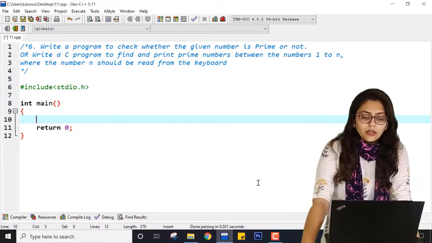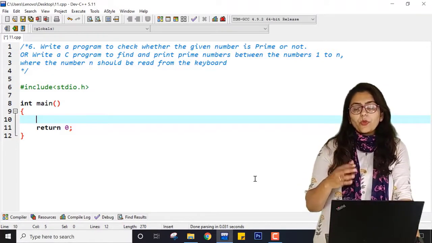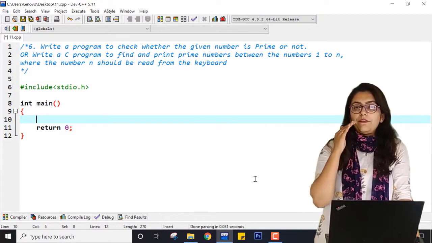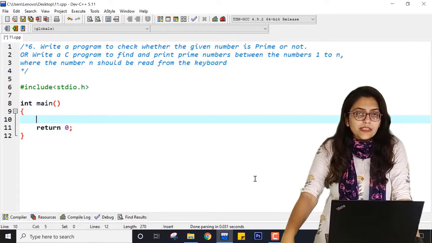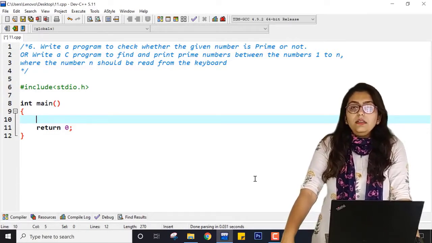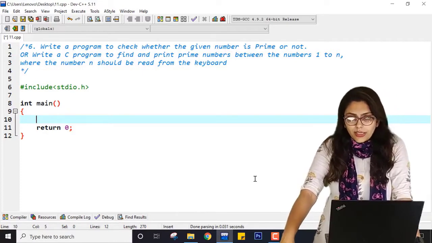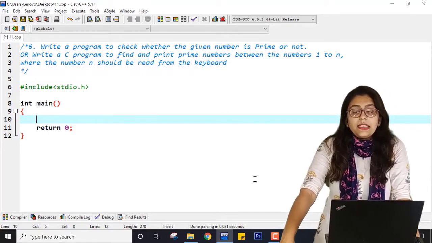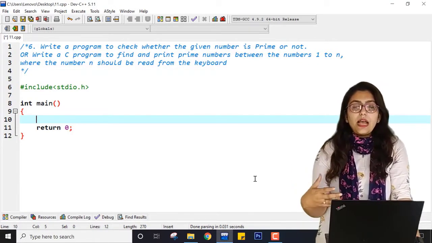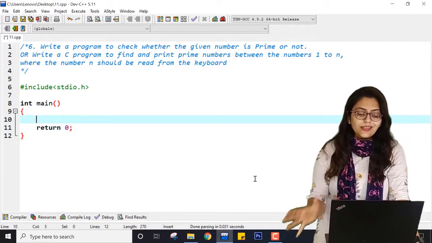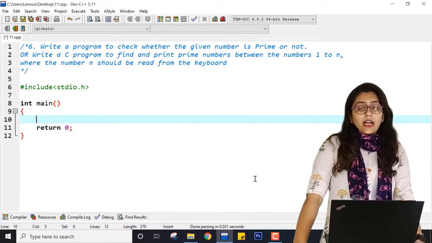So first let me tell you what exactly a prime number is. A prime number is a number which is divisible by only 1 or the number itself. So 7 is a prime number because it cannot be divided by numbers other than 1 and 7, right? You can only divide 7 by 1 and 7. Similarly 3, 5, 11, such numbers are called prime numbers. One thing, 1 is not a prime number, and it is not a composite number either, right? So these are basically the mathematical terms. Now understand the logic that you can implement.